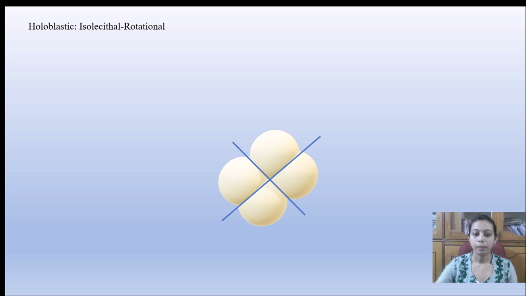Now let's see the plane of division. What will happen after the 4 cell stage? We can see here there are two planes. After the 4 cell stage, when horizontal cleavage occurs, the upper cells, or the cells toward the animal pole, contain very little yolk. That's why in meroblastic cleavage, cleavage is basically concentrated on that area. I will discuss that also.